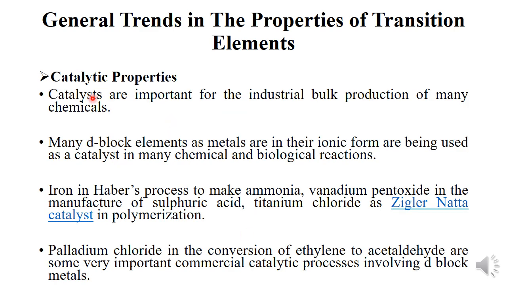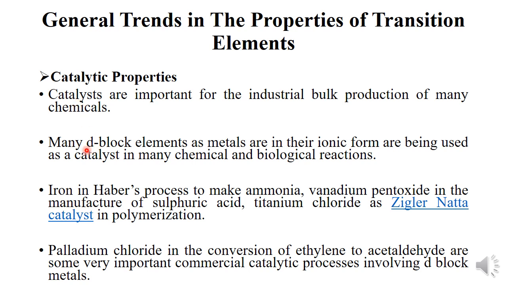So next property, that is the catalytic properties. Catalysts are important for the industrial bulk production of many chemicals. In today's life, in most of the production of the chemicals, a number of catalysts are used. Actually, a catalyst is a substance which generally increases the speed of the reaction, but itself is not used in the reaction. जो खुद reaction में use नहीं होता, सिर्फ क्या करेगा, उसकी speed को increase करेगा by lowering its activation